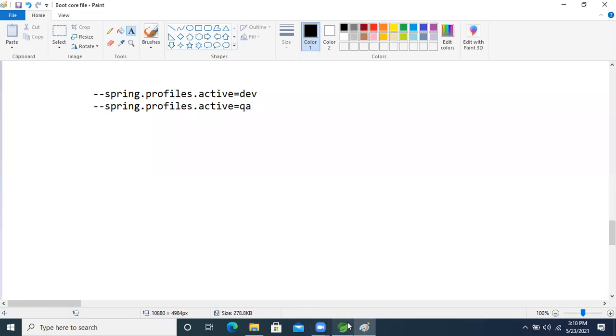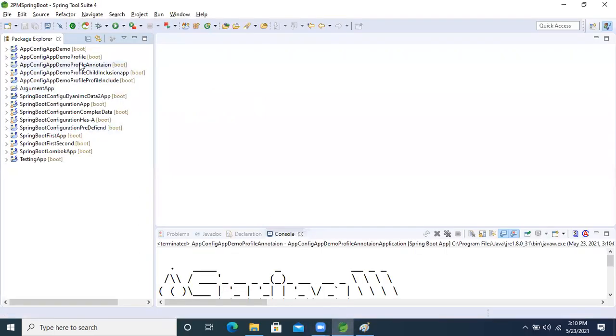Okay, so here multiple classes we are taking, right? In this application, here, the app config, app demo, profile inclusion application.